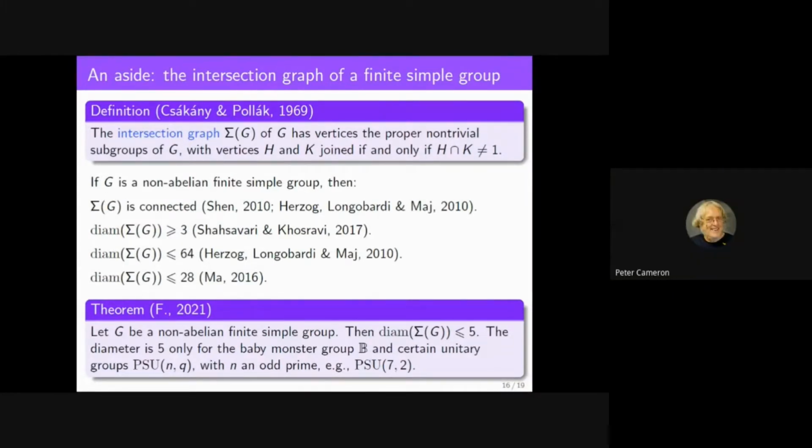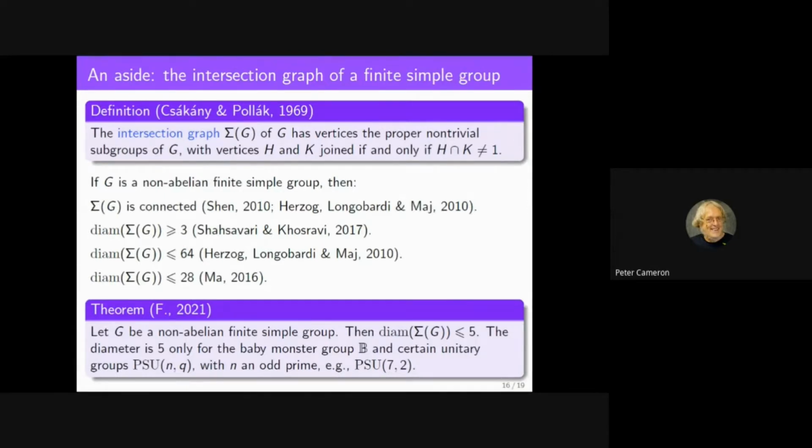Can I jump in and say something here? Of course. Yes. If you take a group and make a bipartite graph in the following way: on one bipartite block, you take the non-identity elements of the group, or perhaps the non-central elements. I don't care too much. On the other side, you take the non-trivial proper subgroups, and you join if the element lies in the subgroup. So that's a bipartite graph. Now, if you take two steps in this bipartite graph, if you take an element, you go to a subgroup, and you go back to another element, those two elements lie in that proper subgroup, so they don't generate. So this gives you the non-generating graph of the group.